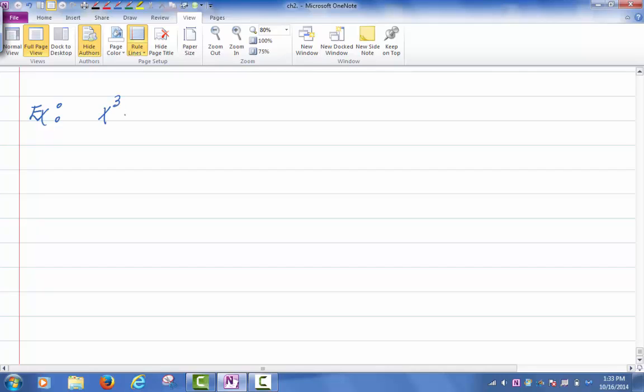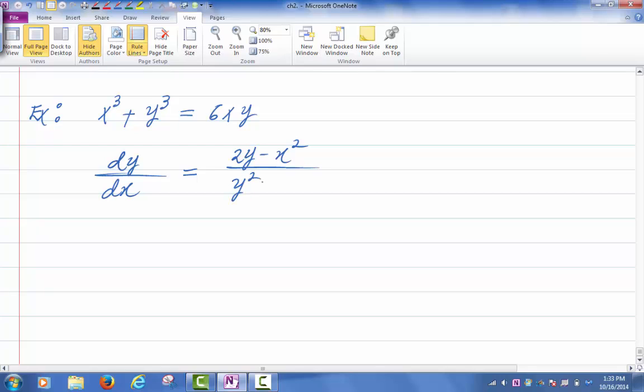We had x cubed plus y cubed is equal to 6xy, and we found dy/dx to be given by (2y minus x squared) over (y squared minus 2x), and